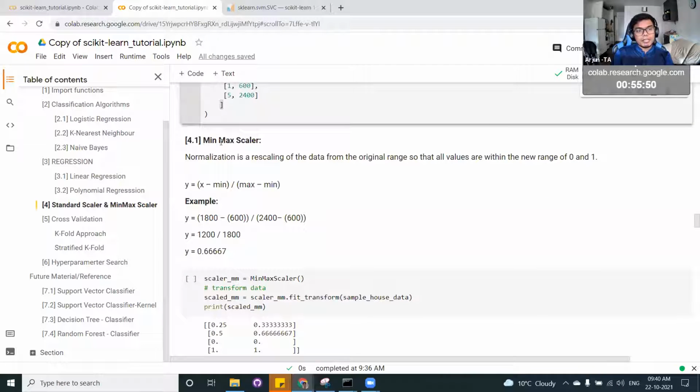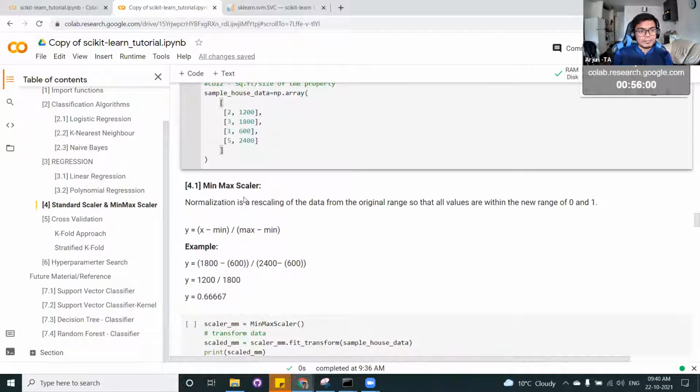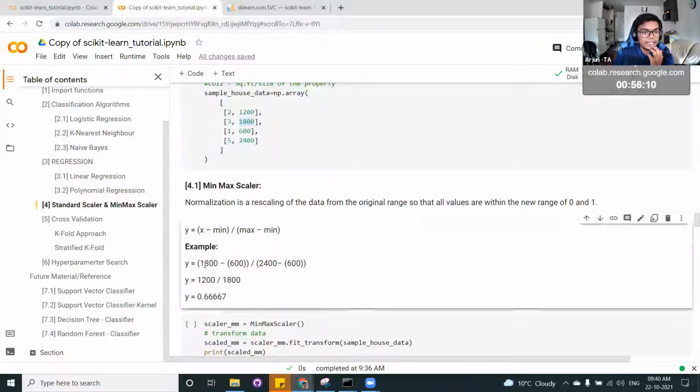One approach that you can always use is the min-max scaler. What it does essentially is: the value equals x minus min, divided by max minus min. Let's take a small example. You want to min-max scale, or normalize, this value, and here it's 1800.